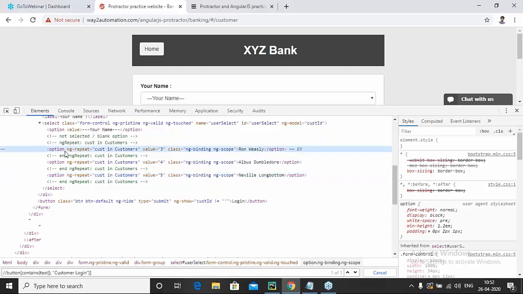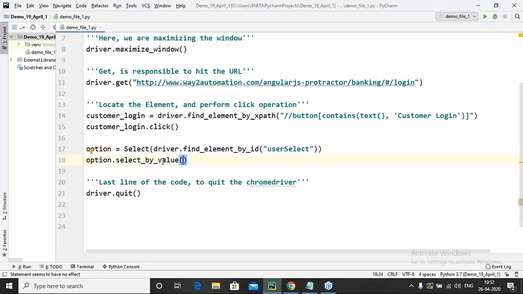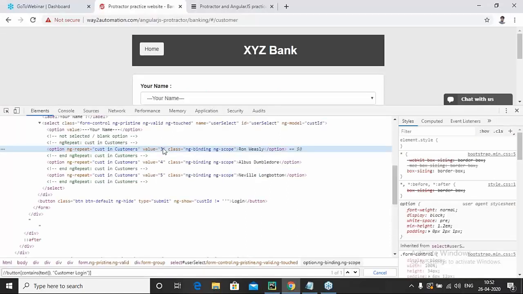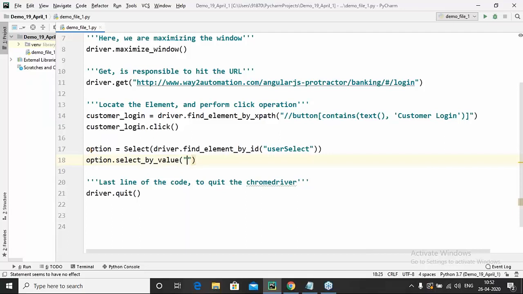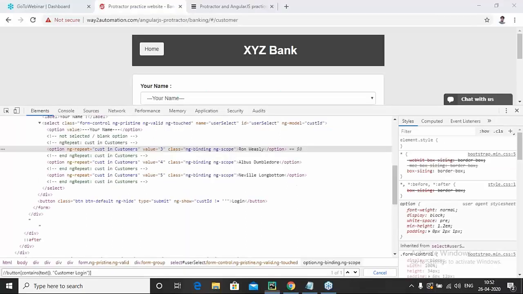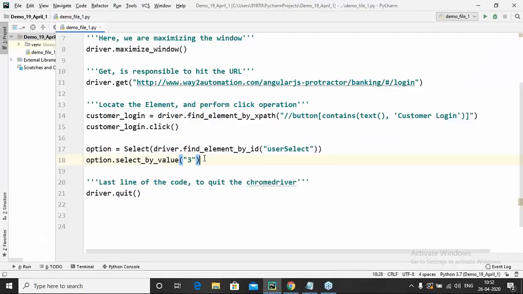If I want to select Ron Weasley, it has an attribute called value. So the same attribute I'm going to use here is select by value. The value available here is 3, and I want to select Ron Weasley. So I'm going to say value equal to 3. Okay, is it clear till here?